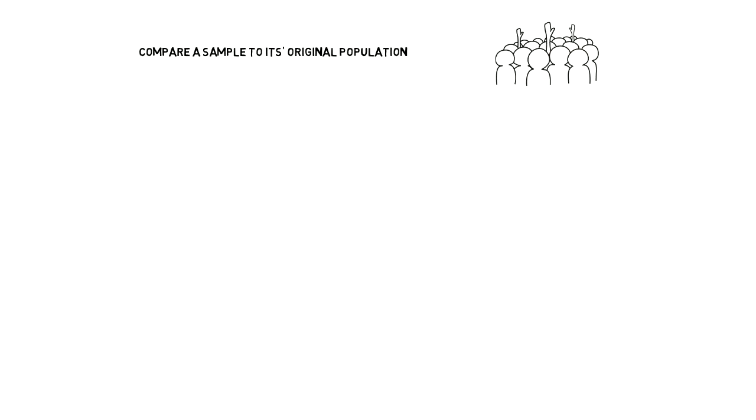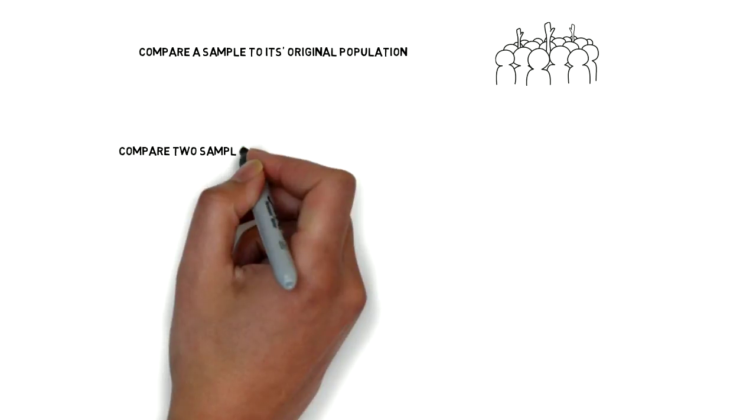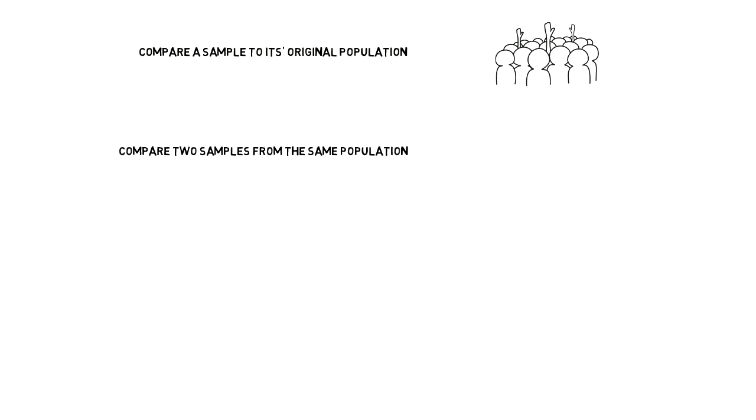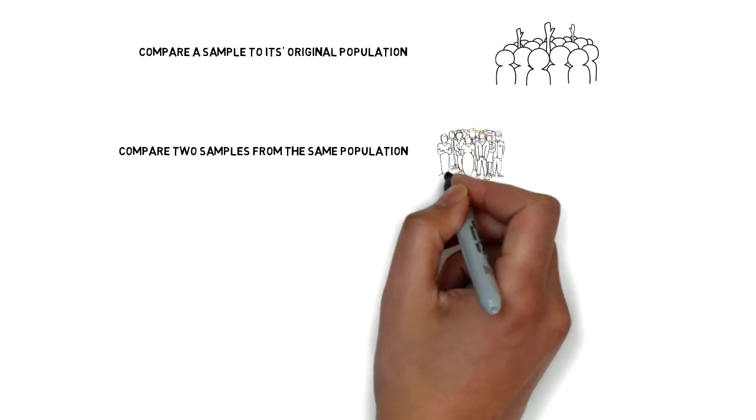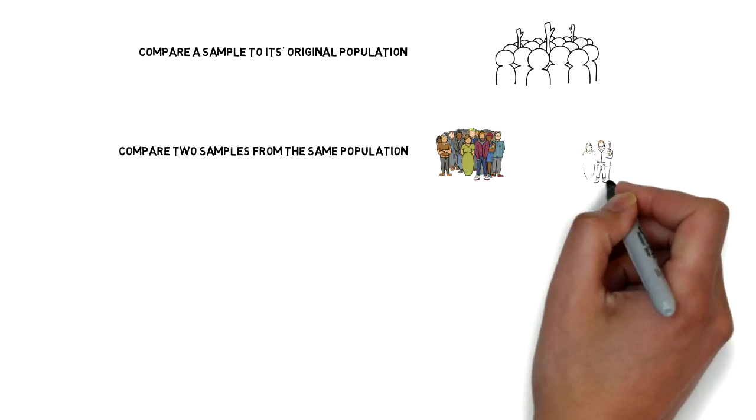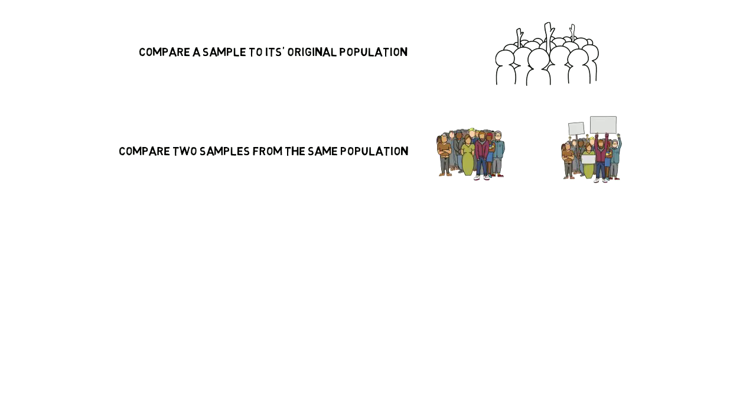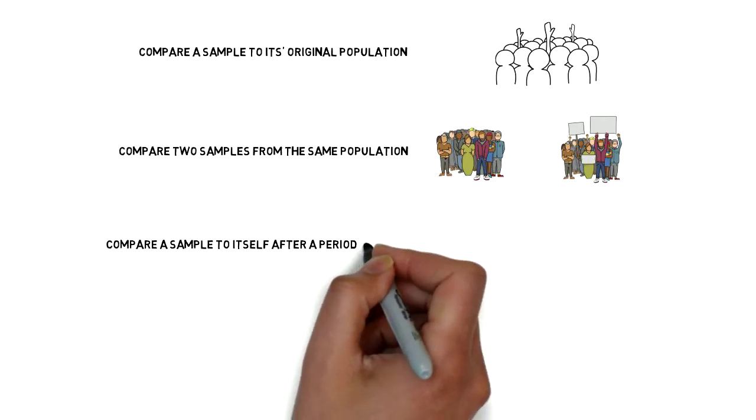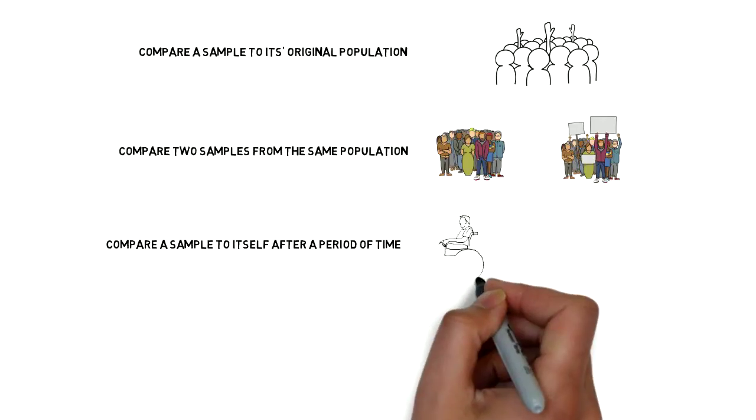Compare a sample to its population of origin. For example, compare a sample of surgical patients at one hospital to all surgical patients. Compare two samples from the same population or from two different populations. For example, compare residents of Detroit to residents of Philadelphia, or males to females. Compare a sample to itself. For example, measure function in a group of injured patients and then measure function in the same group after a